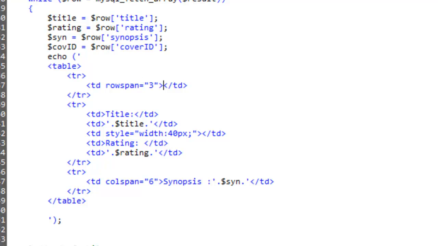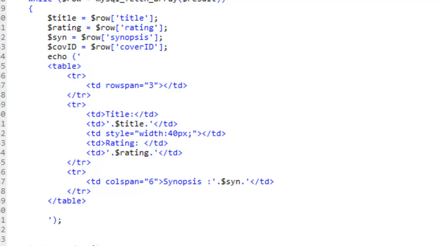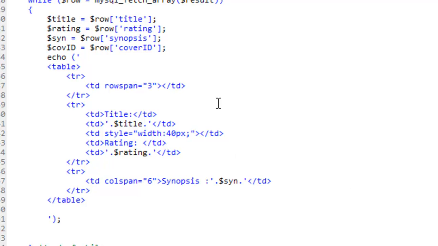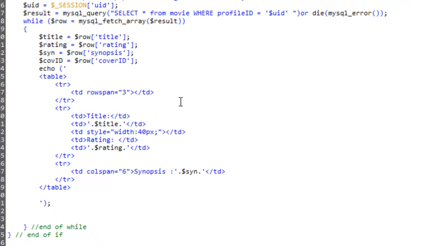Now, inside there, I'm going to want to put in the following bit of code, like so. Here's $sign cov ID. That. Okay, and the table,